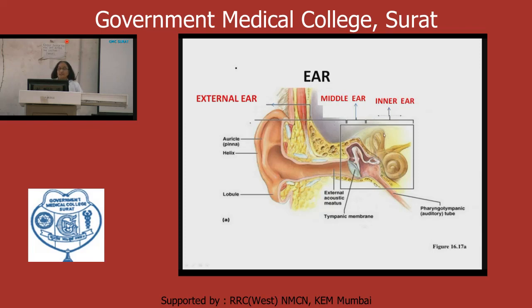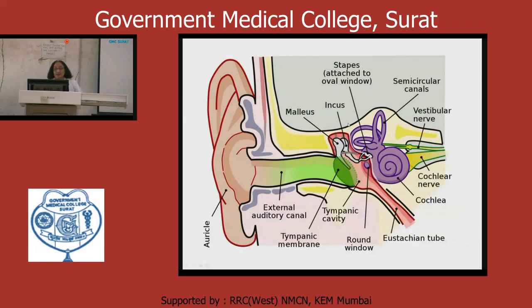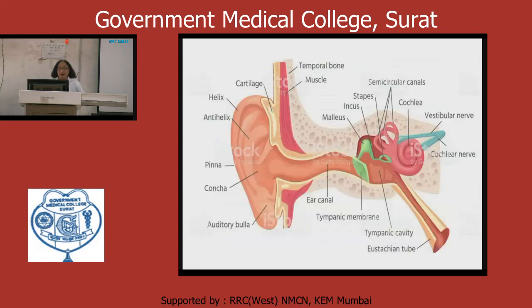The inner ear consists of, anteriorly, the spiral snail-like area called the cochlea. Then posteriorly, the semicircular canals. And the central dilated part is called the vestibule. Now the figure is showing here again the external ear, and the middle ear separated from the external ear by the tympanic membrane, and the inner ear.